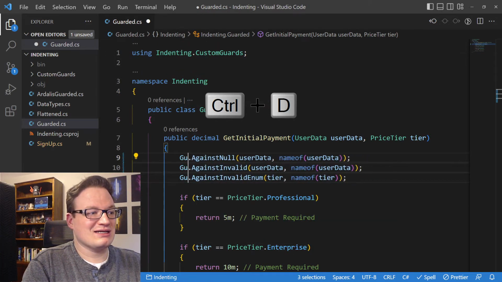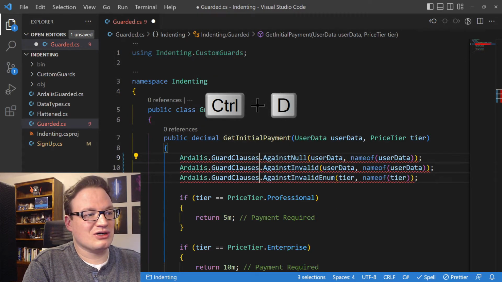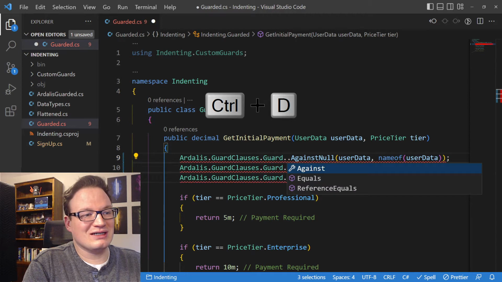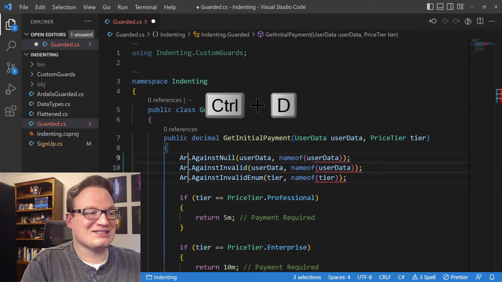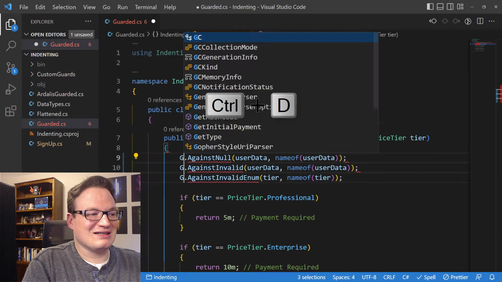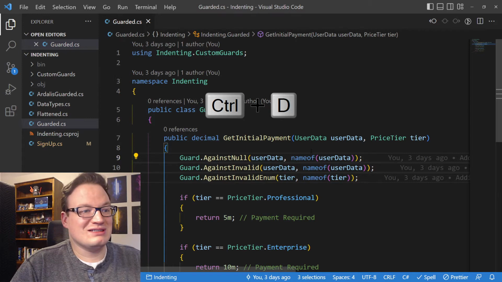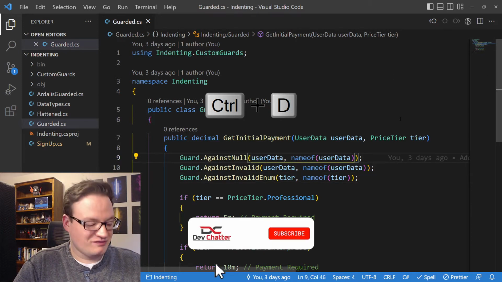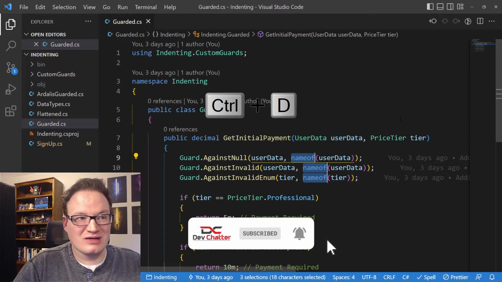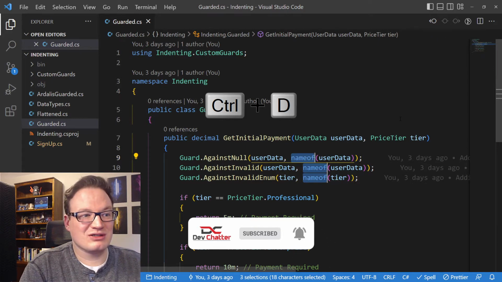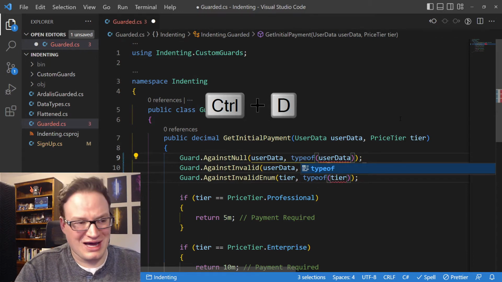For example, in this code base, I could say ardalis.guardclauses.guard against. And look, I'm switching into a new thing. And yes, I just get that by just holding Control D. So if I want to get all the name ofs, congrats, I can get all the name ofs. I just hit it like 4 times, and because there are only 3, this is what I get. So I could say type of instead of name of. I don't really want to do that here, but